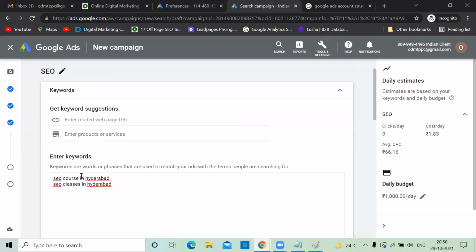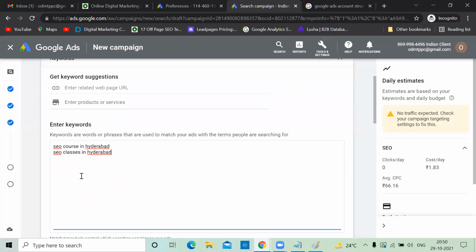Right. Done. Guys, in the future, you'll be learning the session called keyword match types, which is very, very important. By default, this is called a broad match. Only seeing this video, don't create a live campaign. This is just a model only. Next video I'll be making on the live campaign. You should take care of that campaign.